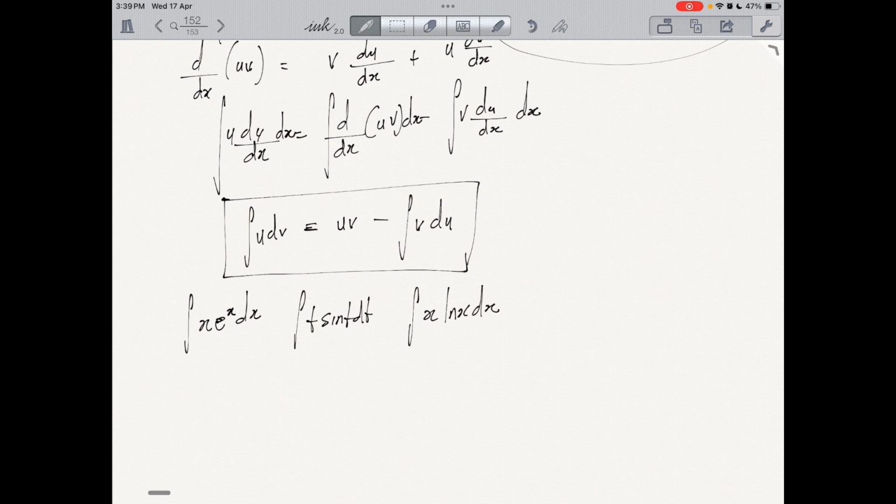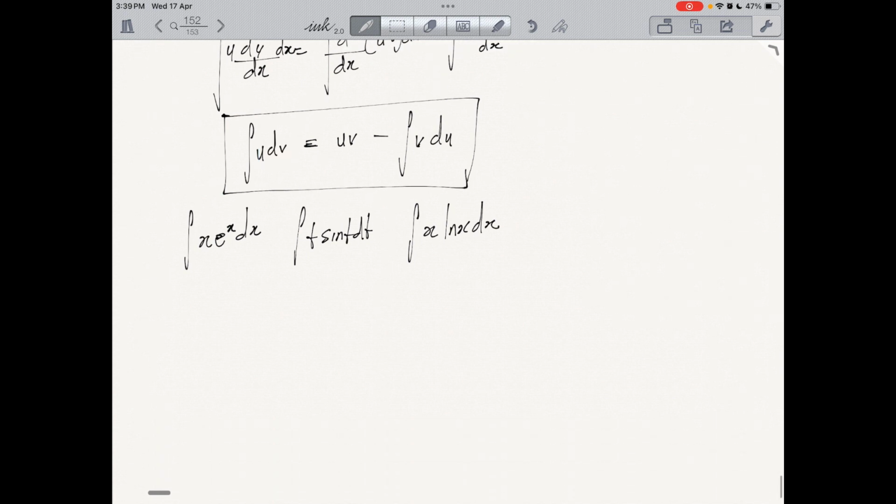Now the question remains, how do we know which one is u and how do we know which one is v or dv? Now there's a simple rule to determine u and to determine dv. It is known as